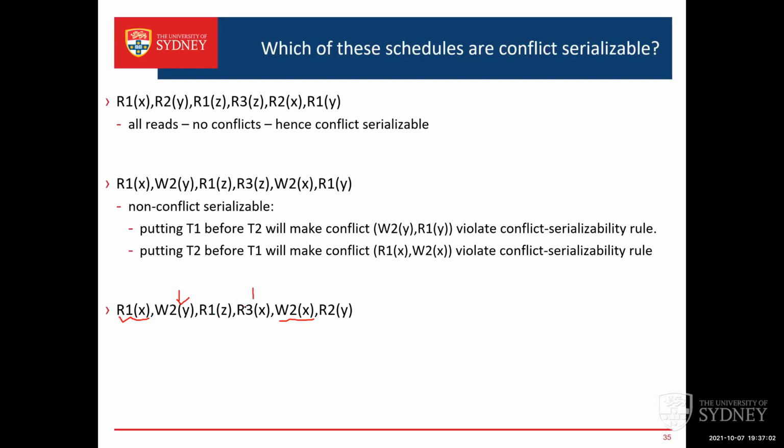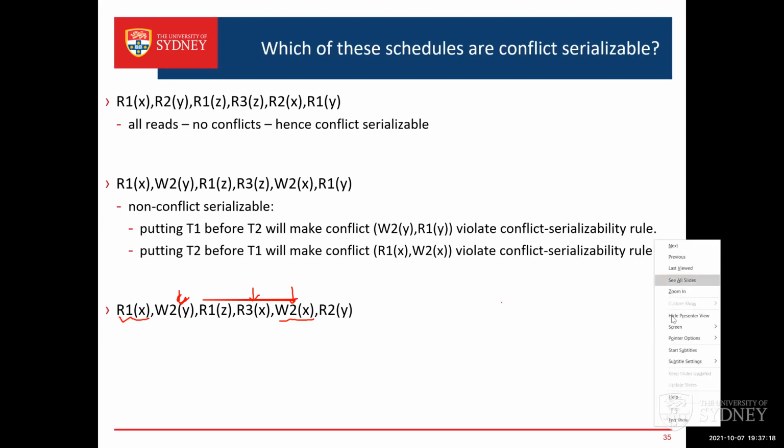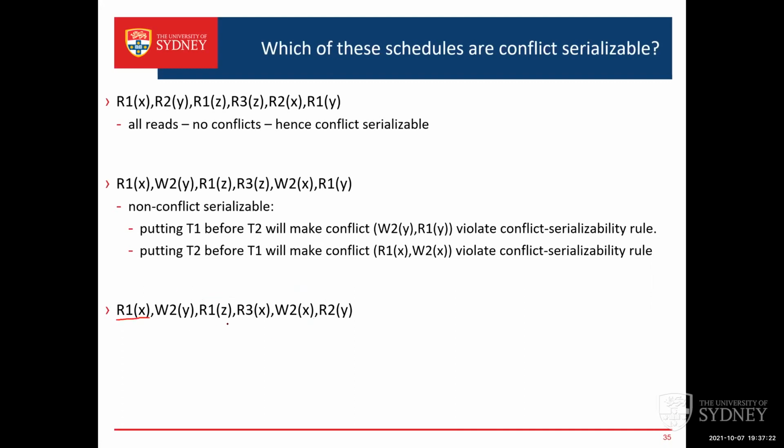Y have no conflict. We have a conflict on R3X and W2X, right? And another one will be, which one is the other one? So R1X and W2X is one. Another one is R3X and W2X. This is another one. And the last one would be